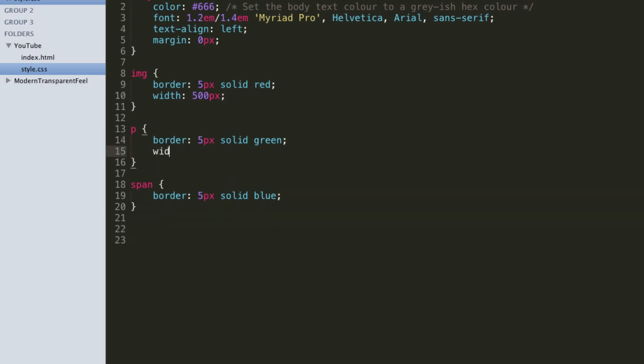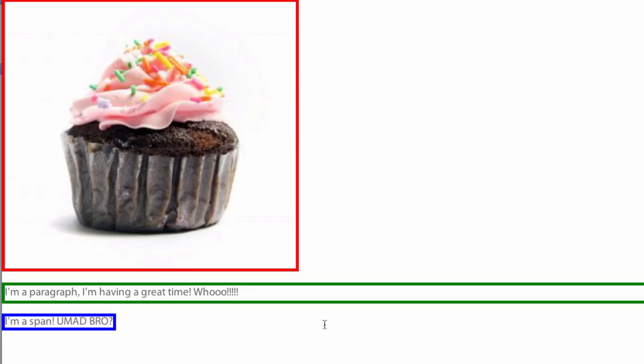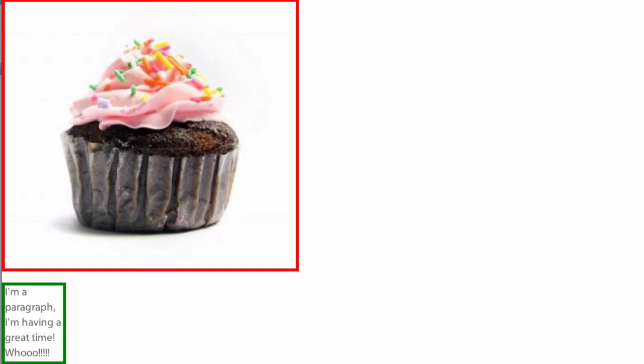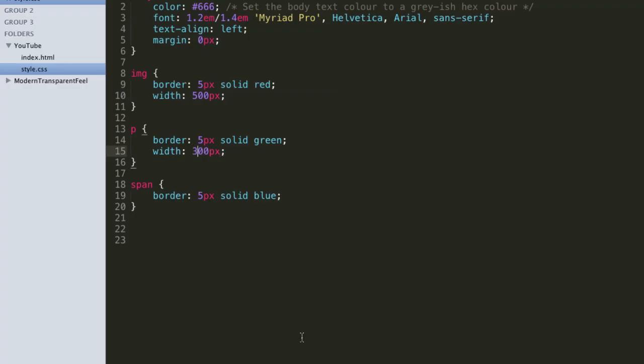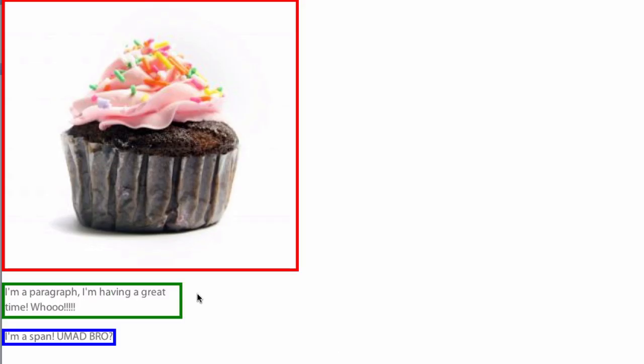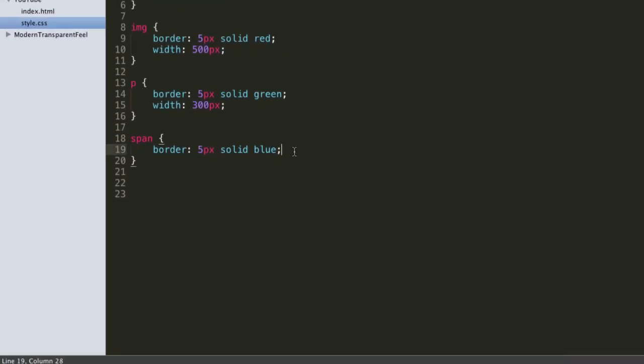So for the paragraph, we want to set the width, apparently I can't write, to 100 pixels. Now this is only 100 pixels. Probably should have been a bit more than that. Let's give it 300 pixels. Okay, so it's like that, and we can see the width has changed by the border and by the fact that it's now kind of wrapping around. And the span, we can give it a width